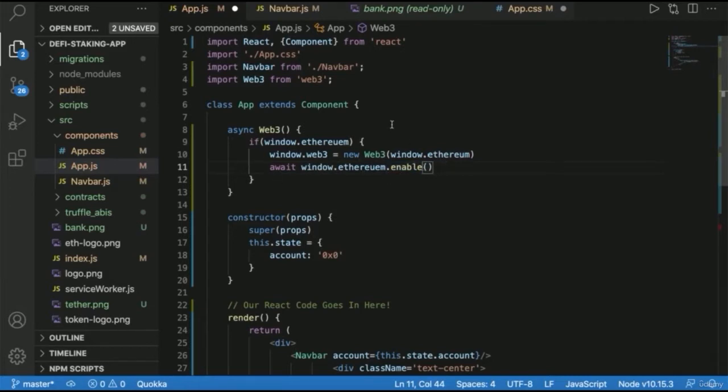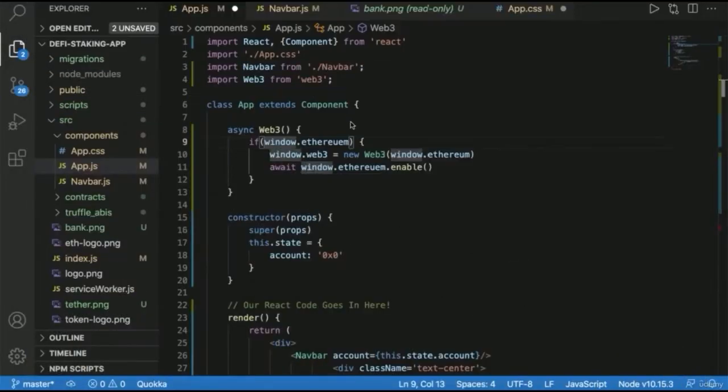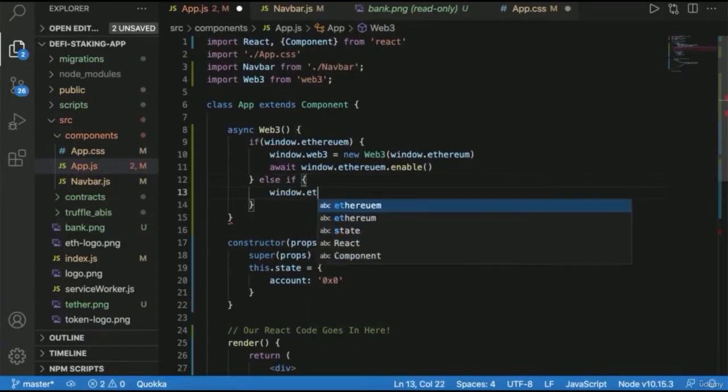Okay, so this is basically saying here that if in our window, this is our window, it's a global function, if in our window we detect Ethereum, MetaMask, then we want to create a new instance here of Web3. Then we want to enable our Ethereum from our window. So we're going to wait, and we're going to await for it to be enabled. Okay. And then we want to say else if